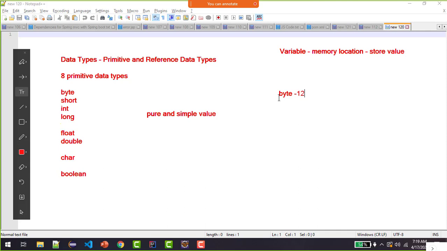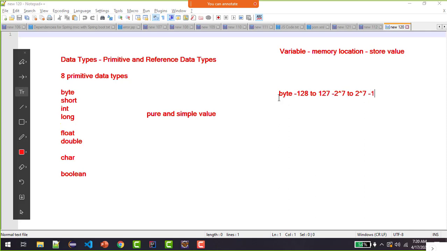Your data can range from -128 to +127, or you can say from -2^7 to 2^7 minus 1. If my data falls in this range, we go ahead with the byte data type.